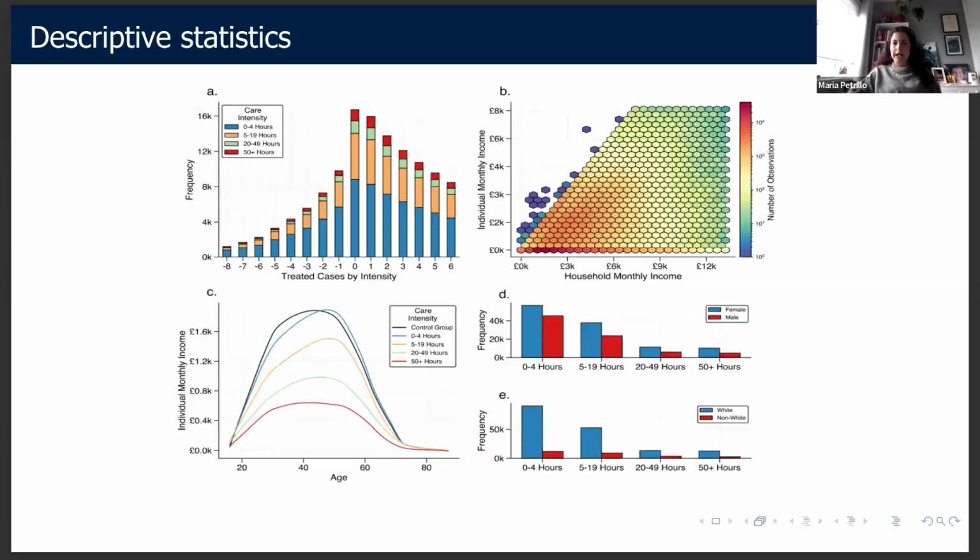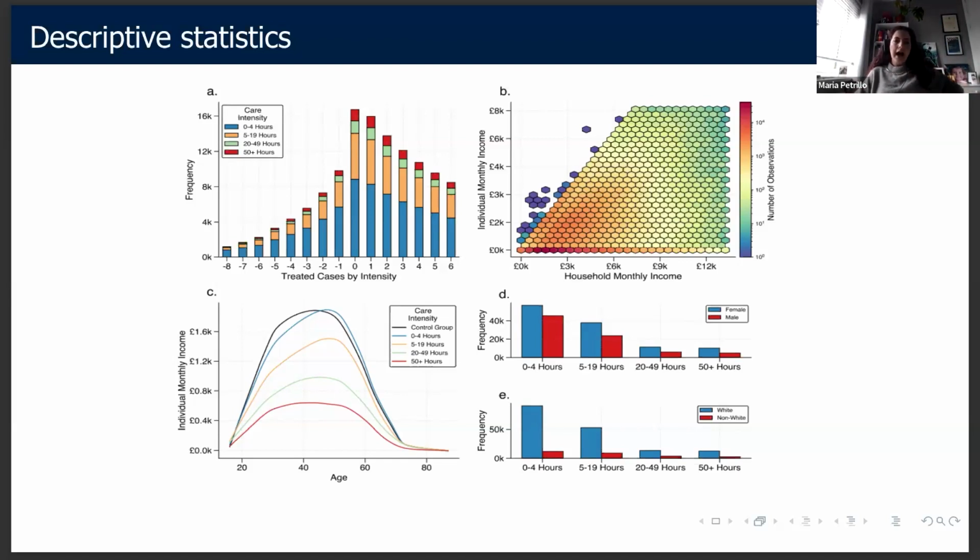Now, those are just some descriptive statistics. For time concerns, I would like to focus on panel C, which I think is the most interesting graph to analyze here. In particular, panel C represents the relationship between individual monthly income and age, segmented by care intensity. The x-axis represents age, while the y-axis represents monthly income. Different colored lines represent different care intensities, where the black one is actually our control, so those who never provide